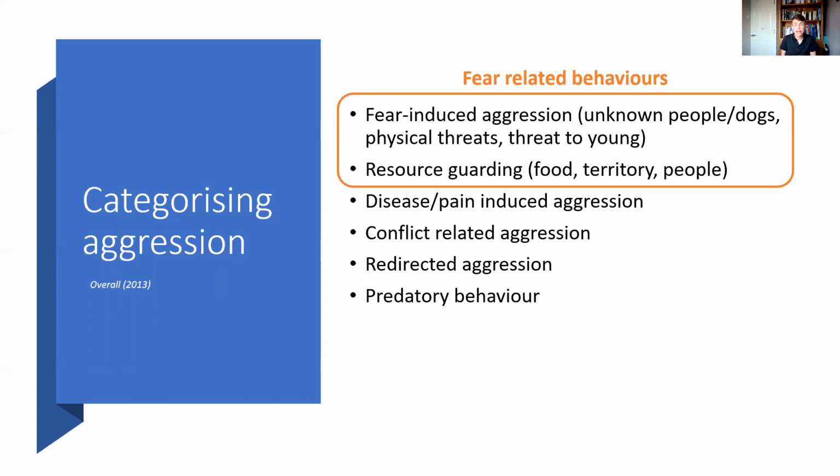We also see conflict-related aggression, which is when we see aggression generally between dogs. So that might be one dog irritating another dog. Quite often a key one for that is if you've got a new puppy and an older dog might become a little bit irritated with the puppy and display some aggression. So it's more of an annoyance-related aggression, but it can also be fear-related, because if you've got a puppy that's being really, really full-on, or another dog that's being really full-on, that dog could potentially pose a risk if it's not stopped and told that behaviour is not appropriate. That could potentially be a risk for the dog as well.